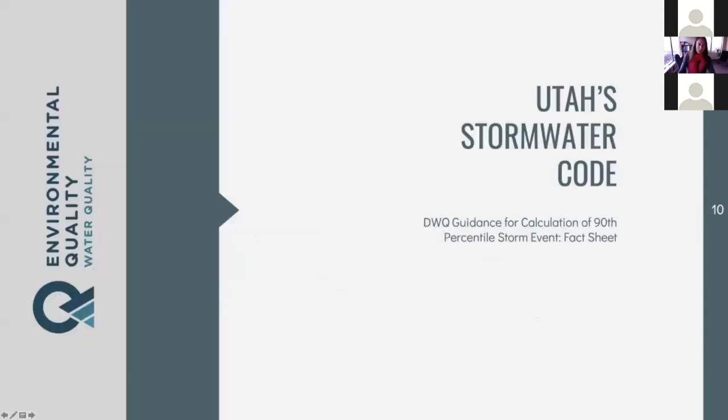As part of this orientation, we're going to provide a brief overview of a recent change to Utah's stormwater code. So the general permit for discharge from small municipal separate stormwater systems was reissued in 2016 with a new stormwater retention requirement. And then effective March 1st, 2020, permit part